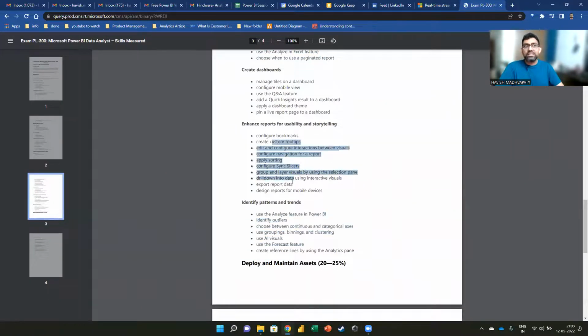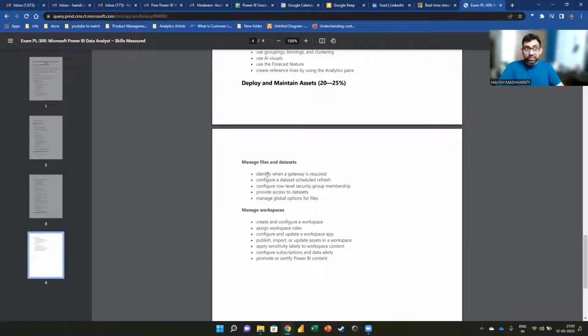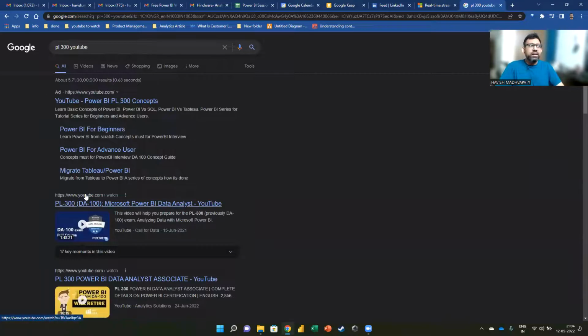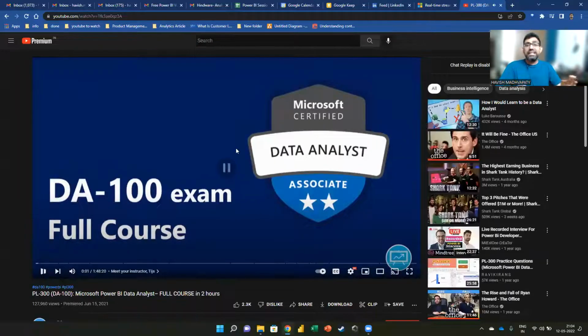Look at all this, right? Syncing slicers. Look at this. You even have to learn what a data gateway is, what is schedule refresh, how to create workspaces. So there is a lot that you will have to study. I'm not sure what is the one perfect place to go to, because when I gave my examination, I used to go to a lot of different places, right? So if you want to do PL 300, and if I Google it, there are many good websites that talk about it. Of course, my own courses are there that will help you quite a lot, but I don't give any guarantee that you will clear the exam, because the exam requires you to know a lot more things.